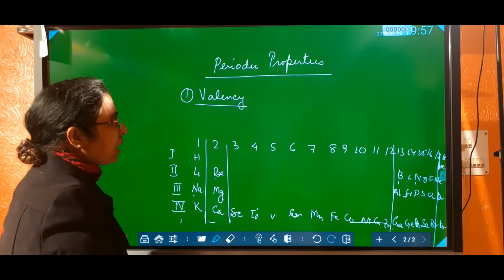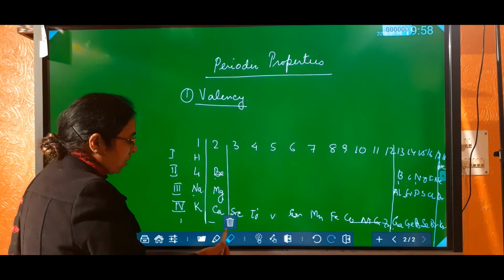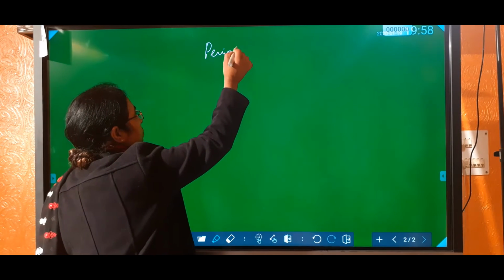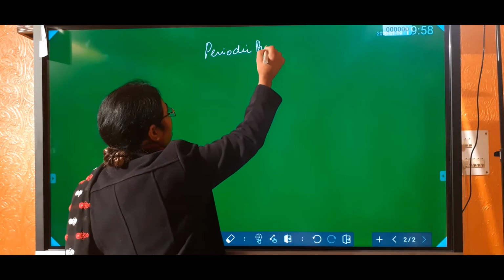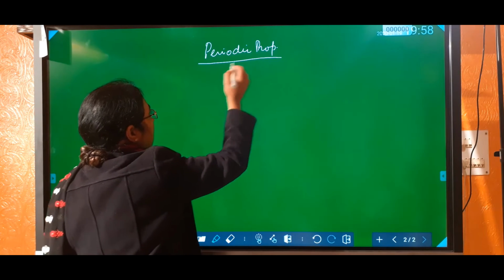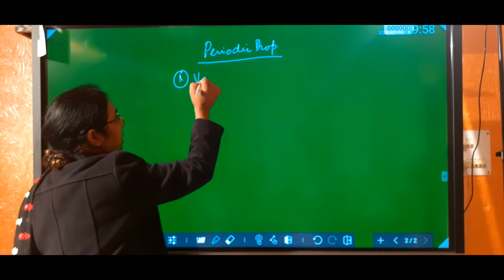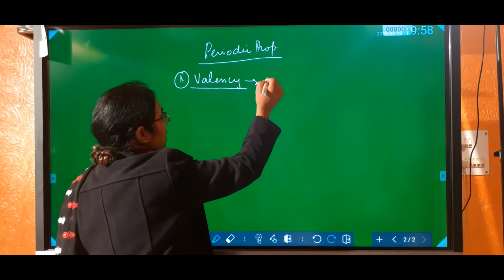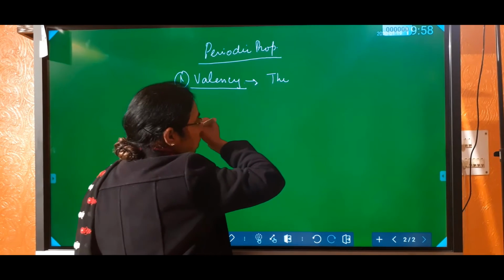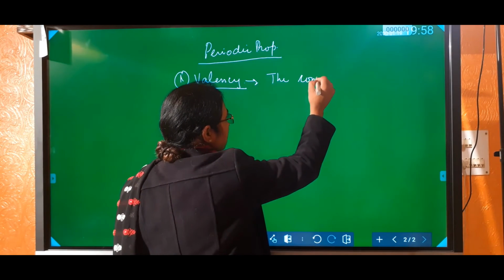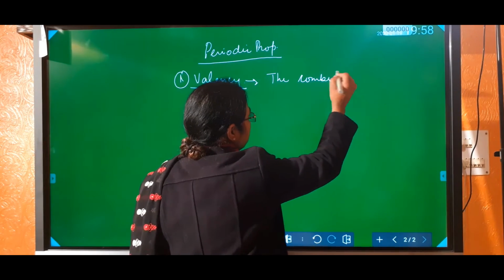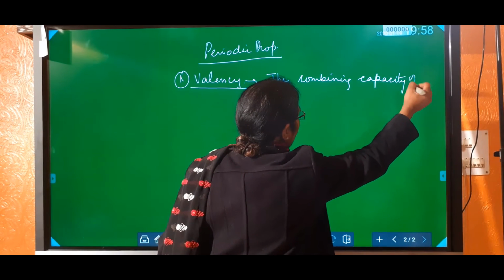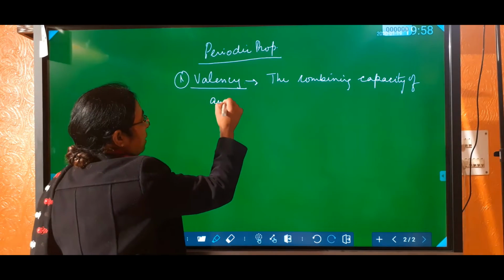Now, we were discussing periodic properties. Let us write periodic properties again. The first property we saw was valency. So valency is the combining capacity of an element,